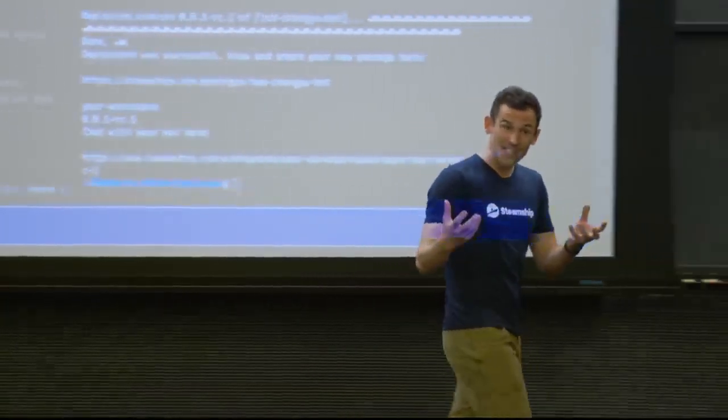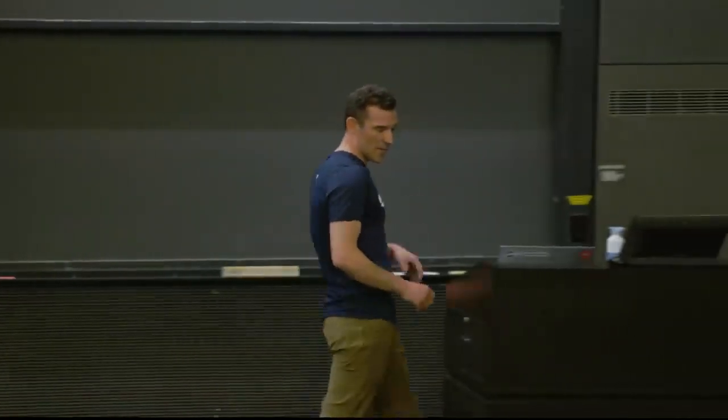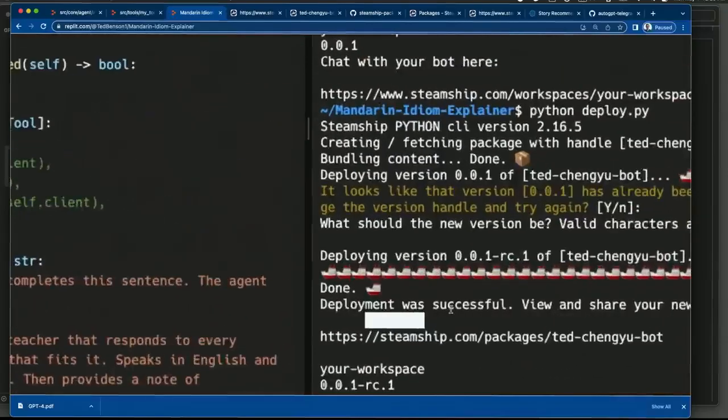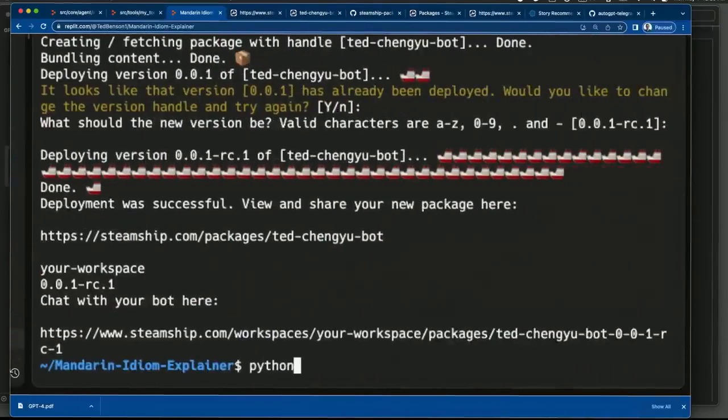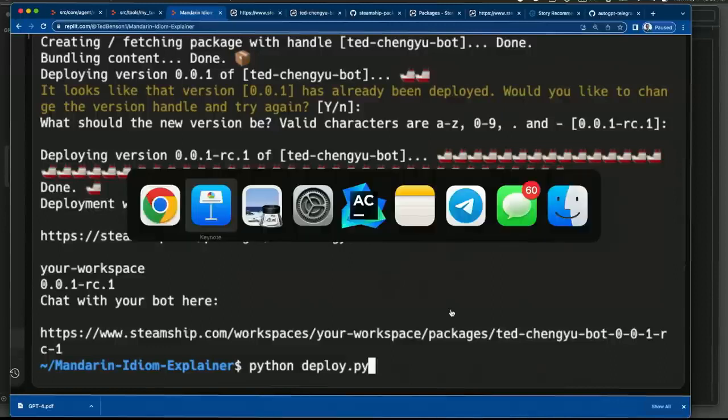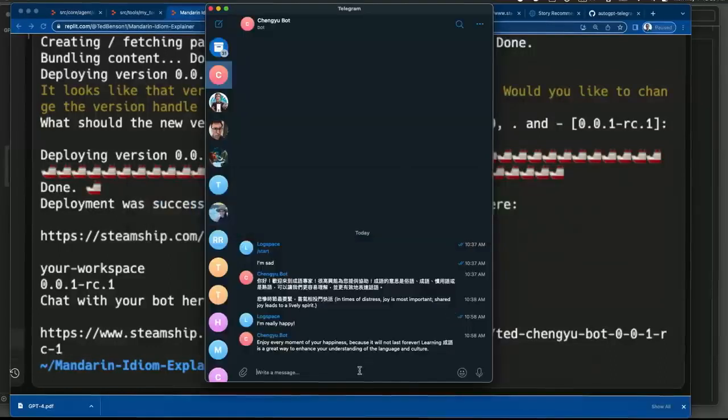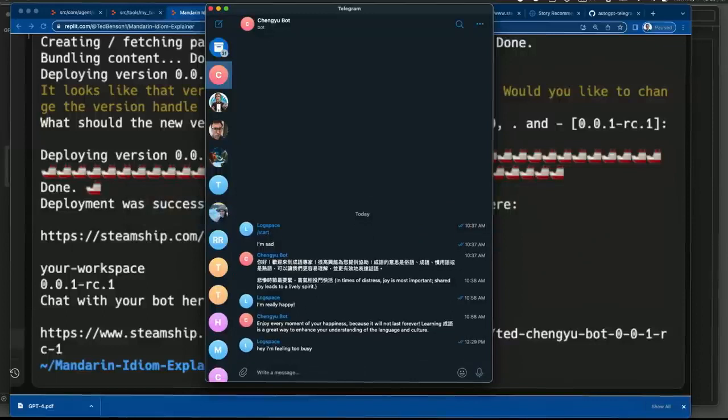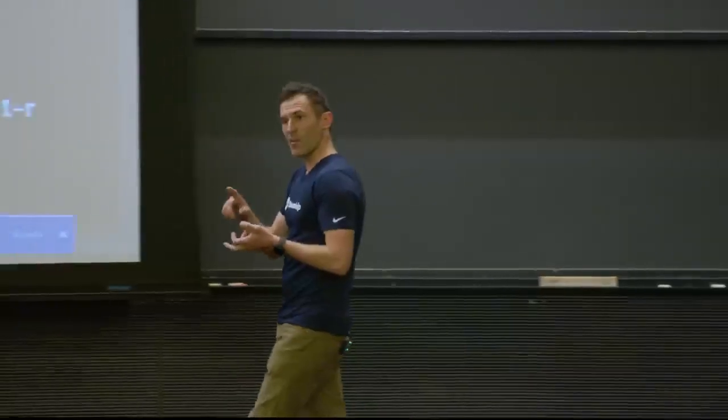And so just adding something like that, even if you're a non-programmer, you can just type deploy, and it'll pop it up to the web. It'll take it over to a Telegram bot that then you can even interact with, hey, I'm feeling too busy, and interact with it over Telegram, over the web.